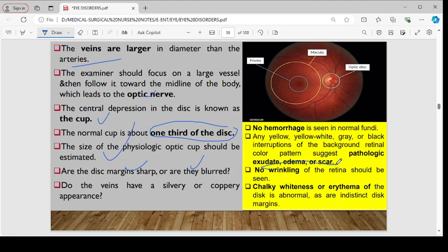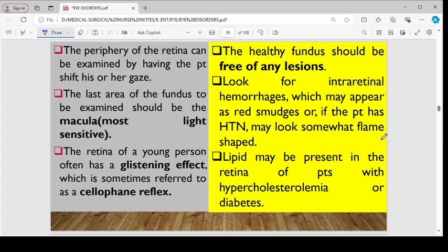There should be no wrinkling in the retina, and any chalky whiteness or erythema of the disc will be noted as abnormal, with indistinct disc margins. The periphery of the retina can be examined by having the patient shift his or her gaze. The last area of the fundus to be examined should be the macula because it is the most light sensitive part. The retina of a young person often has a glistening effect, which is sometimes referred to as the